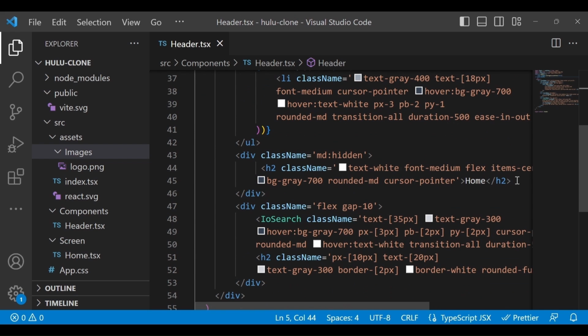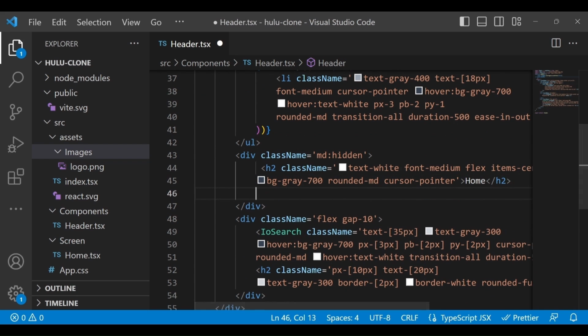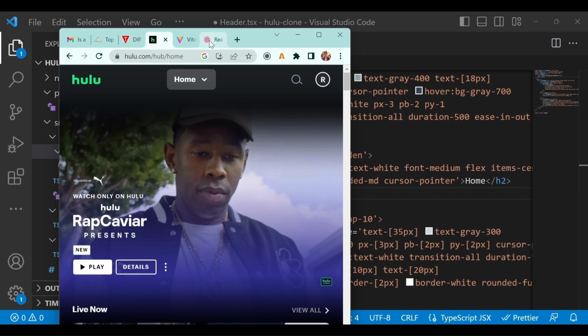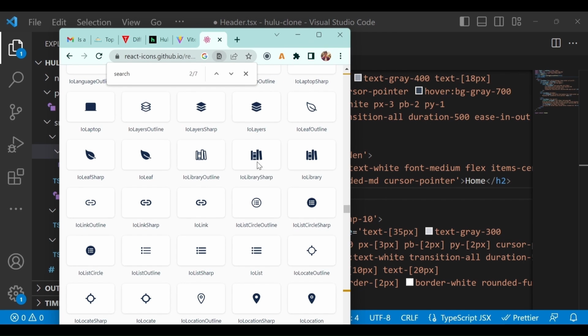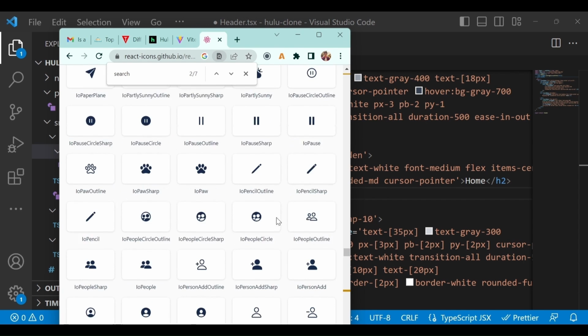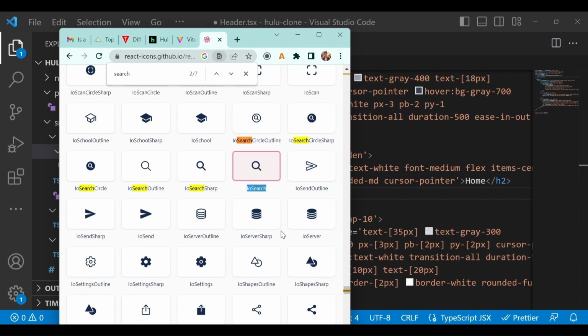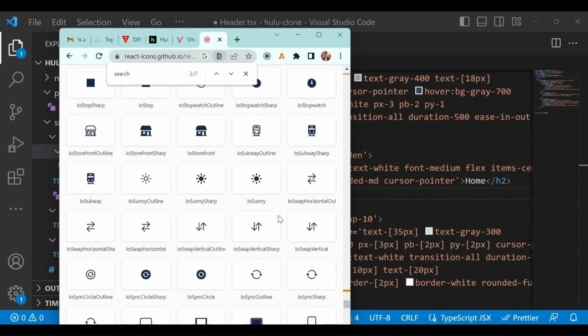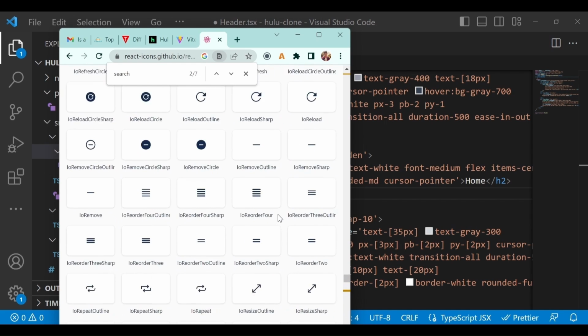After this, we want this kind of icon, this downward icon. So let's go back to our React icons, and here we will search for that icon. Let's go down a little bit. I don't know where it is, we have to search for it.